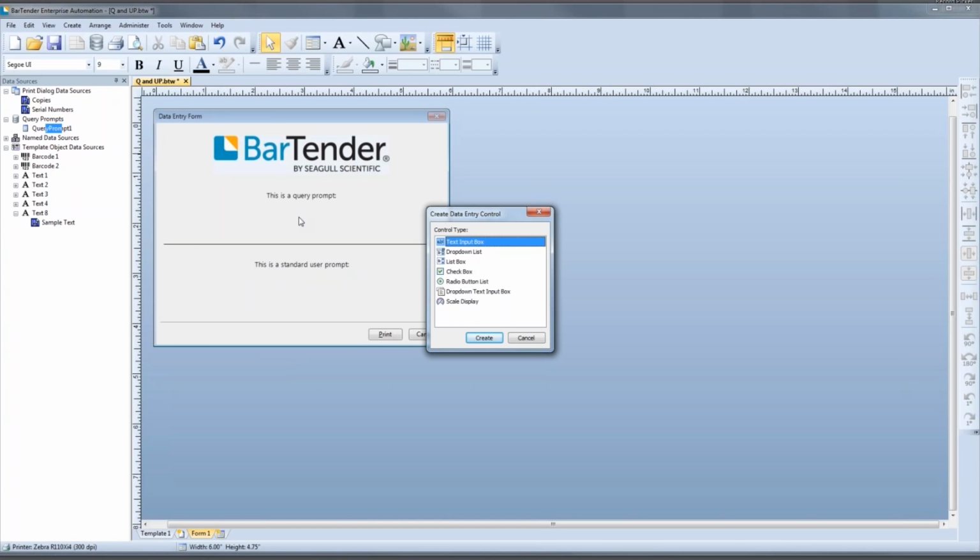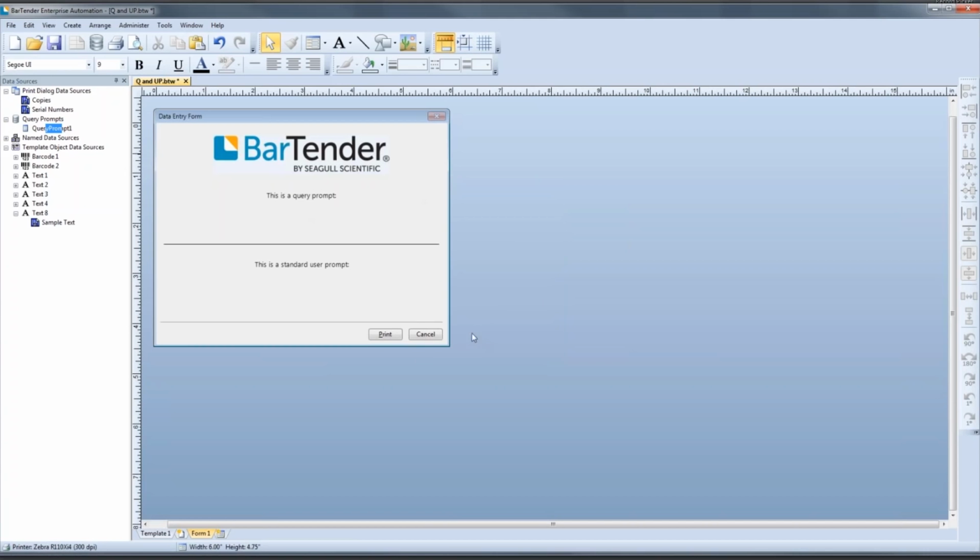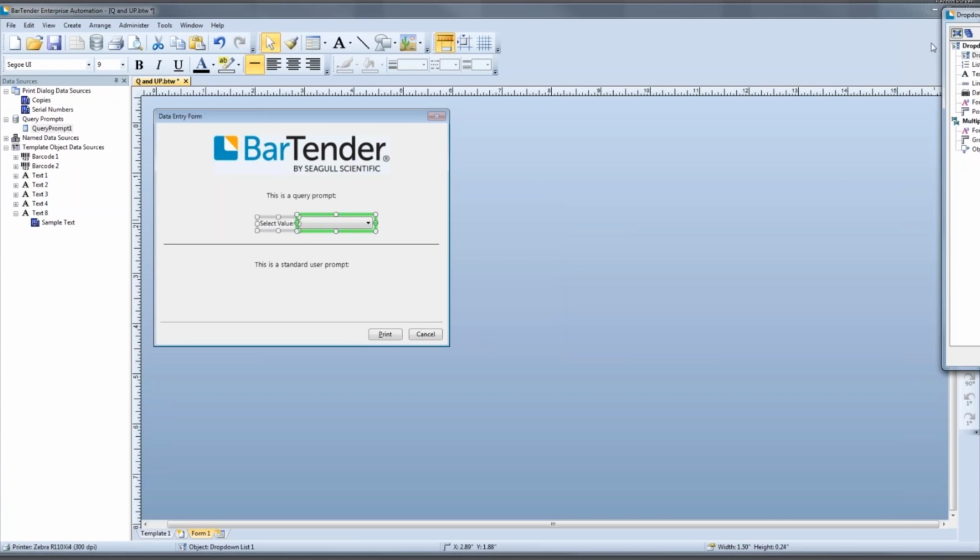So pretty much what it's asking now is, we now have all these options. If you need a drop-down list like we saw there, and you want that to be your query prompt, as in that's what's selecting what record to print, you're now able to do that. And you also have your traditional text input box as well. So let's just go ahead and select that drop-down list again. We now see that it's created. Clicking on it,